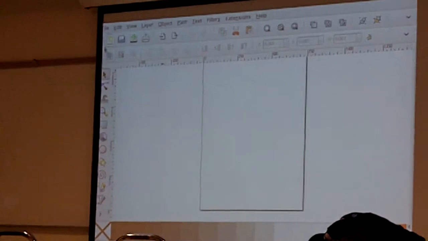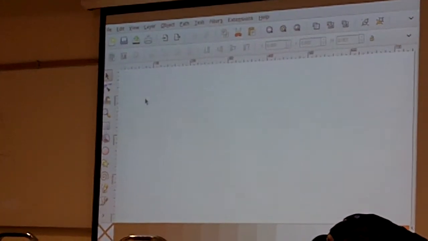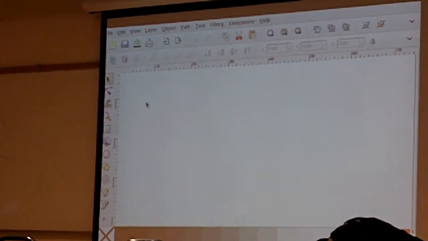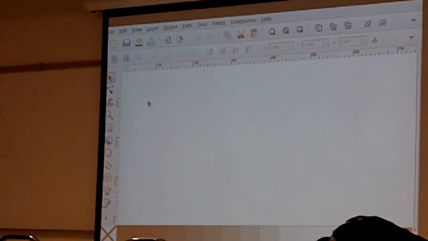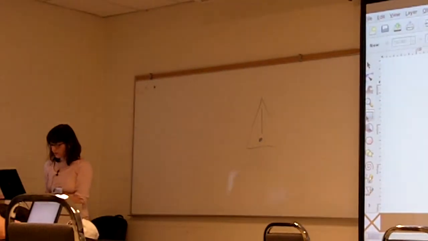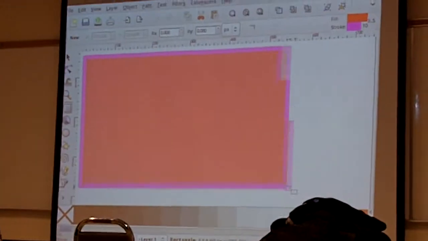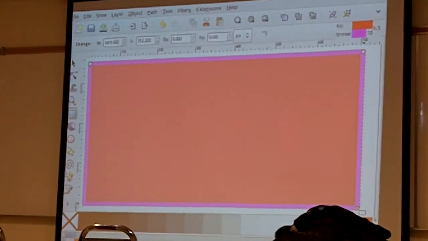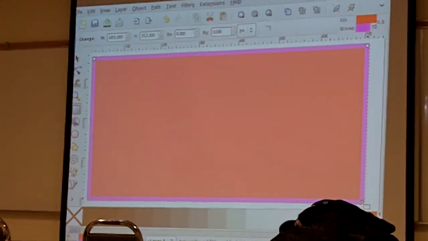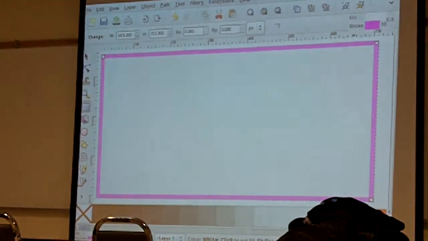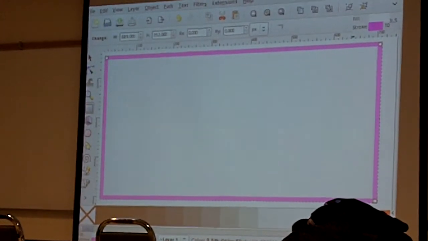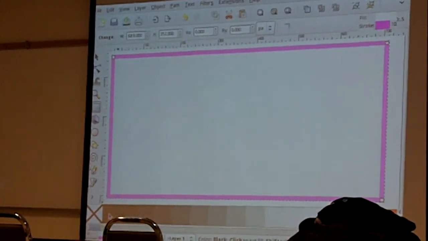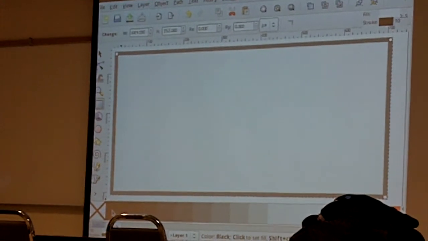Okay. So the first thing that I'm going to do is hit 1. What that does is it gives me a 1-to-1 ratio, so I know when I'm drawing stuff, I'm drawing it at the actual scale it will show on screen. Then what I start doing is I will draw out a rectangle. Wow. Inkscape saves the settings that you last used, so when you first draw something out, you might have to massage it a little bit. So I'm going to select white for the background color just by clicking down here. And then I'm going to hold down Shift and select black so the border is black. I'm also actually going to go Control-Shift-F